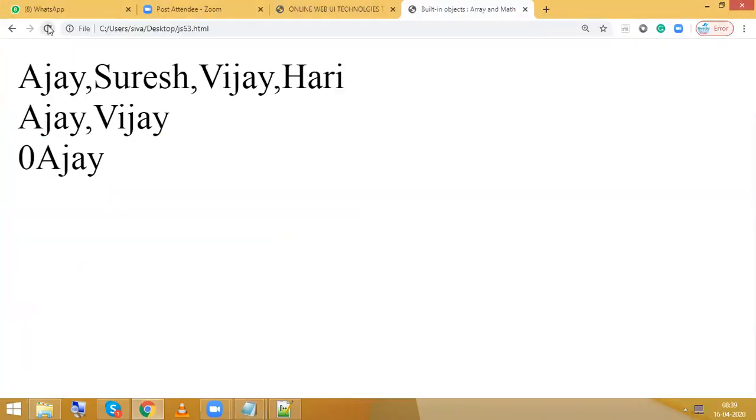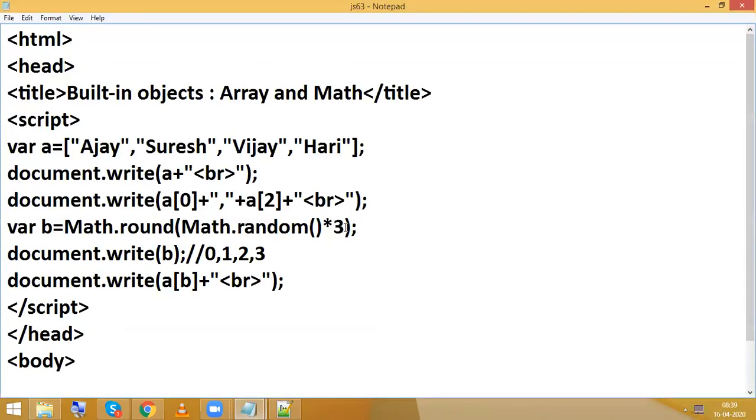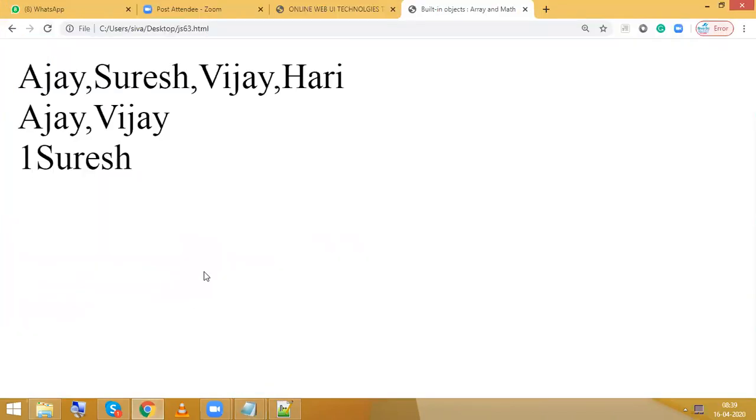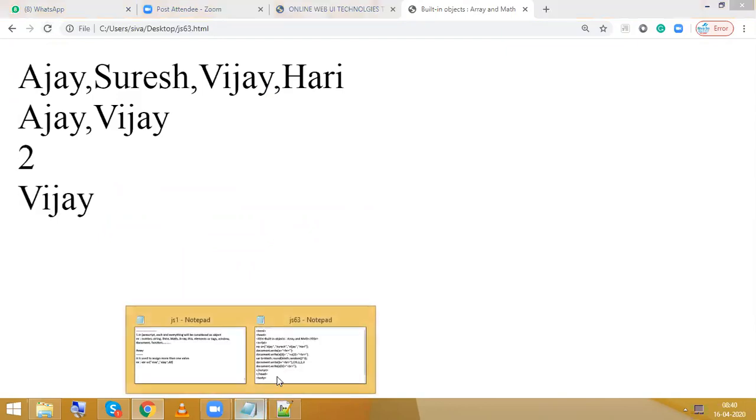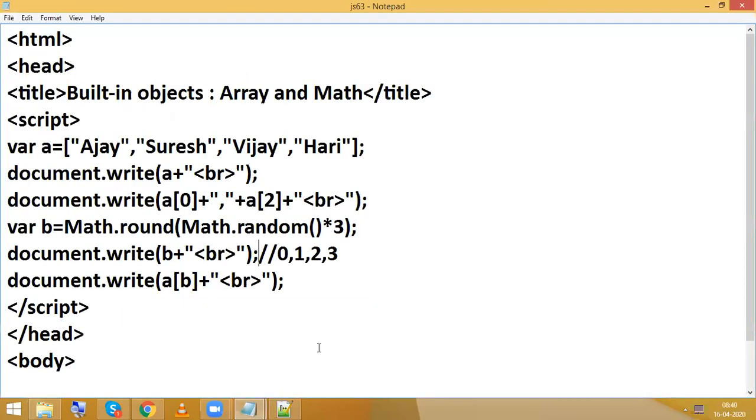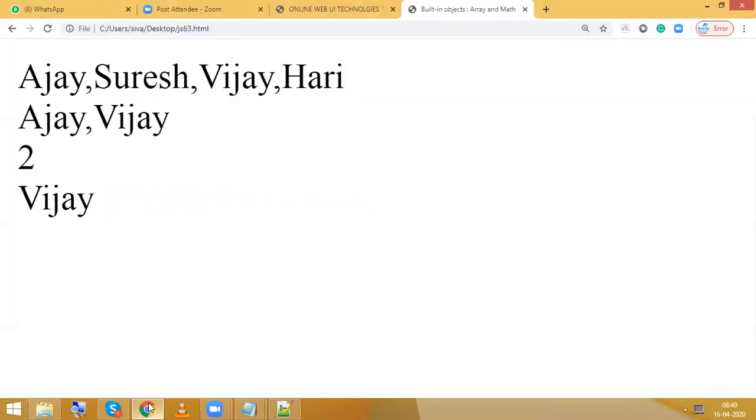So refresh. Now randomly, whenever I refresh, I am able to display the data. Fine. So instead of refreshing, I want to update that data without refreshing.